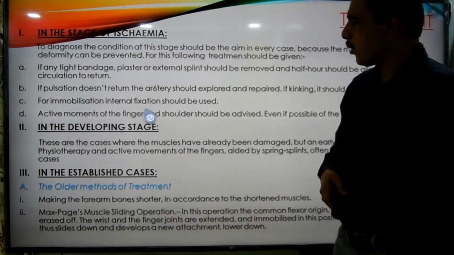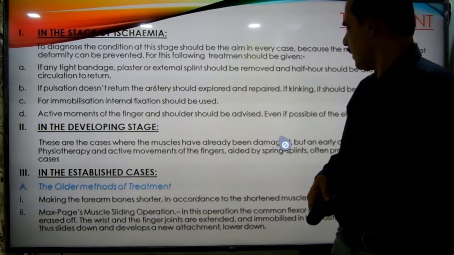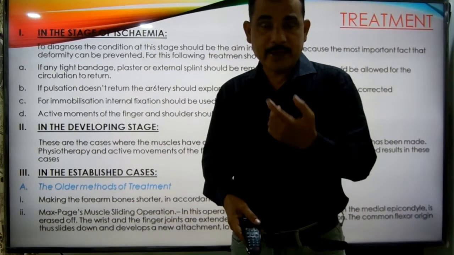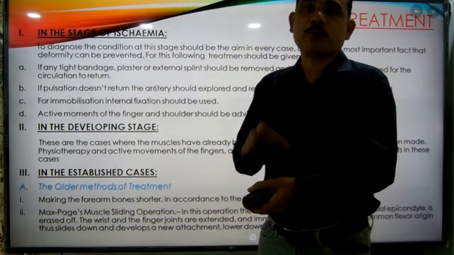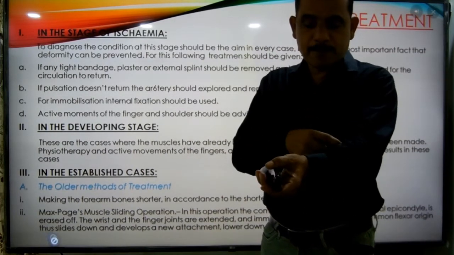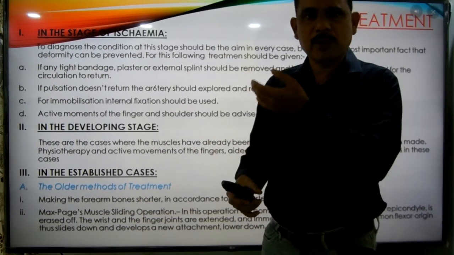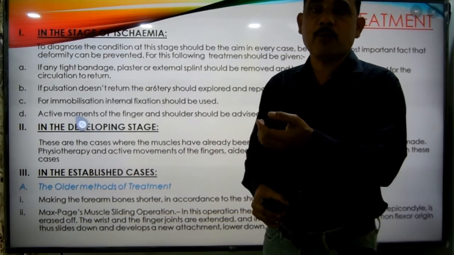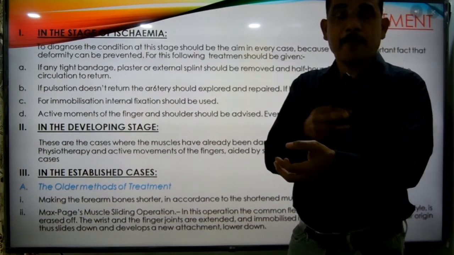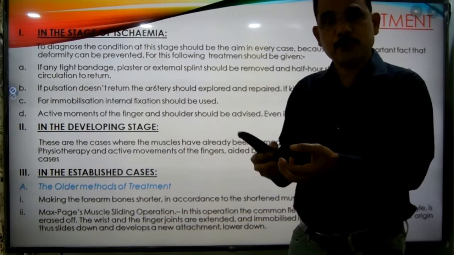Then active movements of the finger and shoulder should be done, and even of the elbow if possible. Why is it only possible at the elbow? Because if there is a supracondylar fracture, the movements at the elbow cannot be allowed. But if the fracture or injury is below the elbow, you can allow the minimum movements of the elbow. But mainly after immobilization, by either the internal fixation or the plaster, you would advise the patient to perform the movements of the finger and the shoulder,